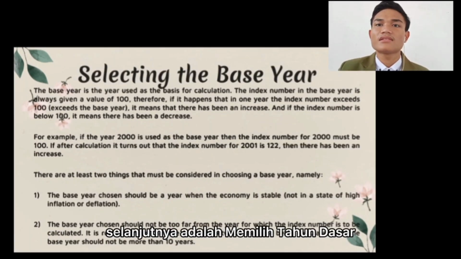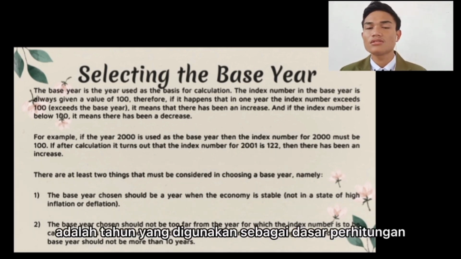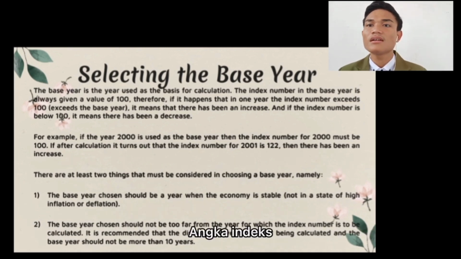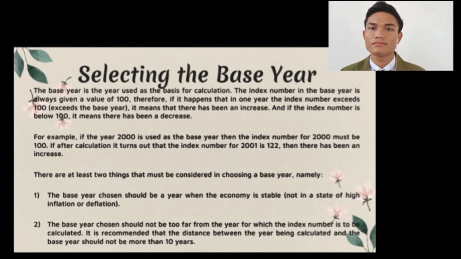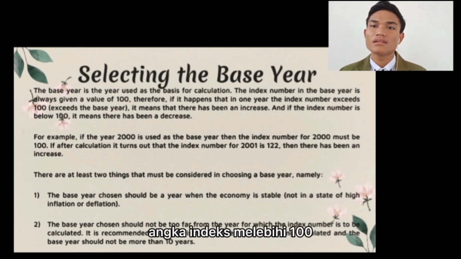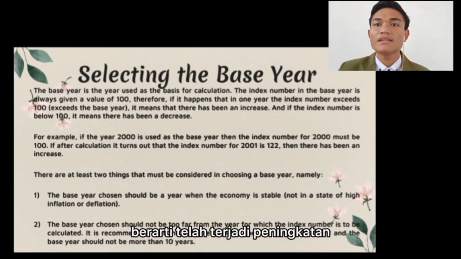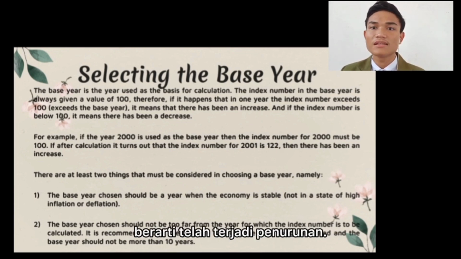The next is selecting the base year. The base year is the year used as the basis for calculation. The index number in the base year is always given a value of 100. Therefore, if in one year the index number exceeds 100, it means that there has been an increase, and if the index number is below 100, it means there has been a decrease. For example,